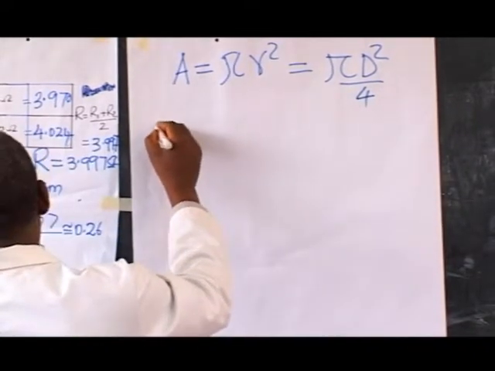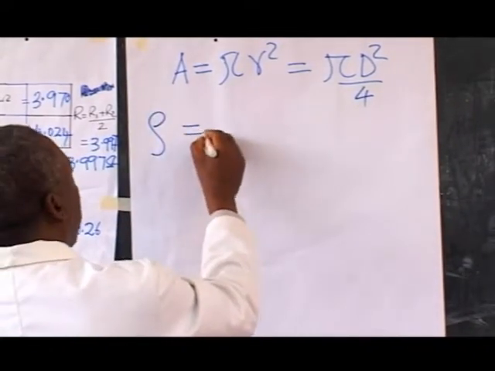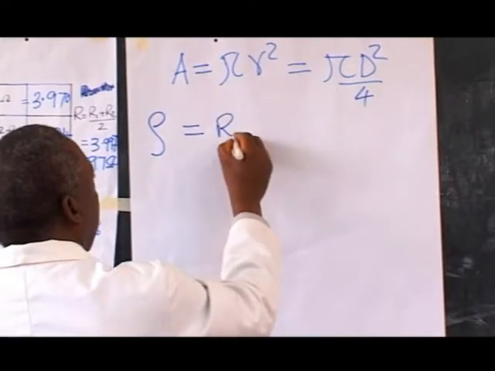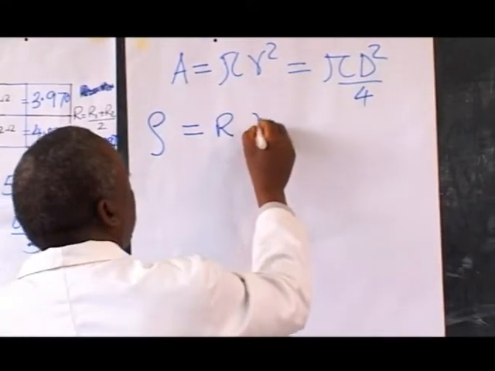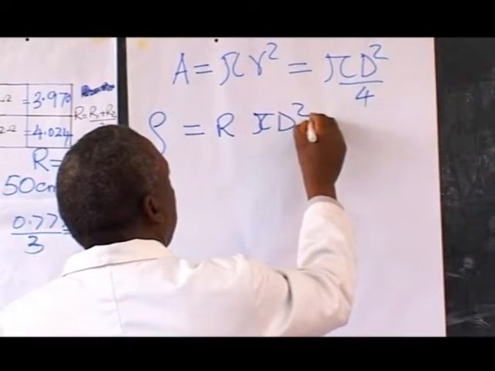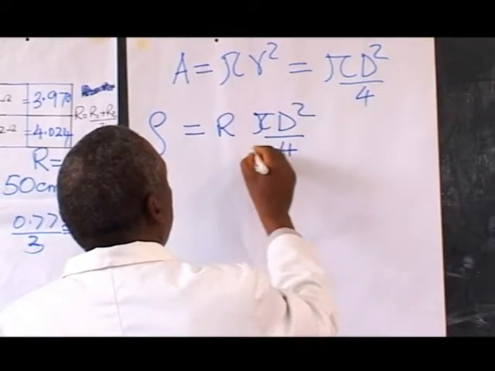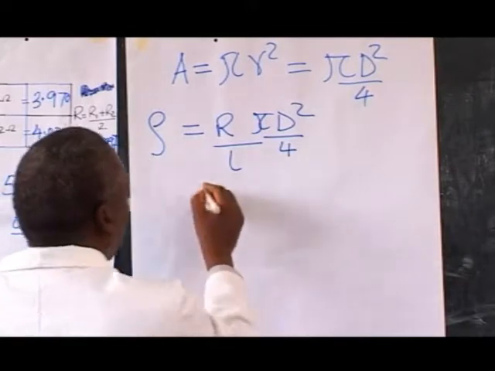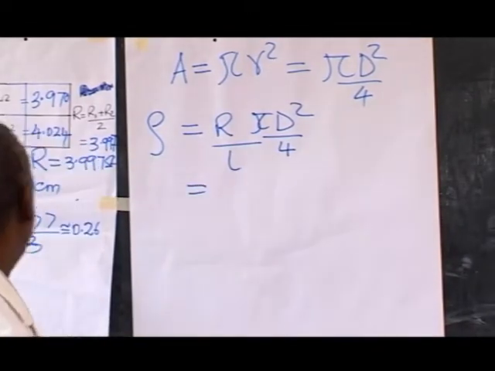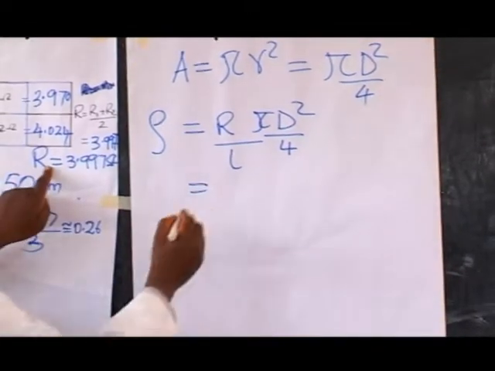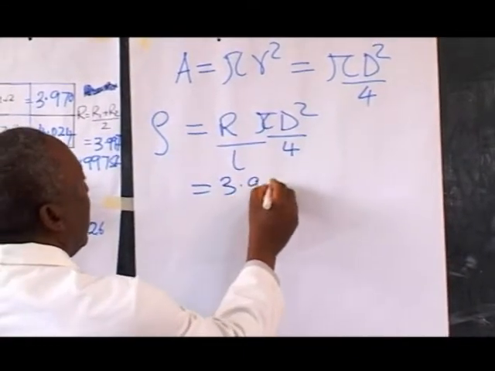So our resistivity will be given by R times area, which is pi d squared over 4, over L, in which we substitute. Our R is 3.997